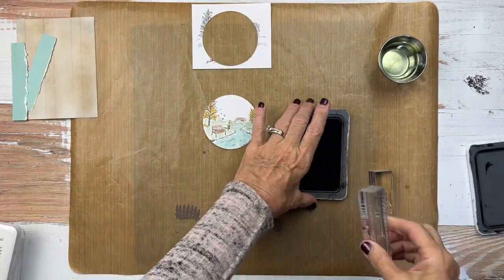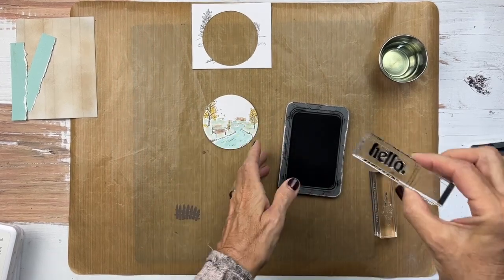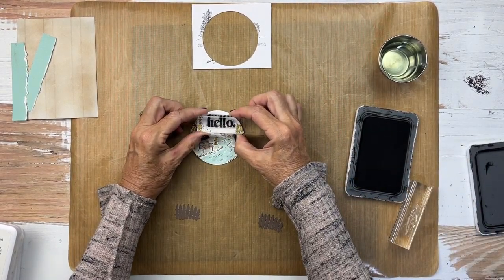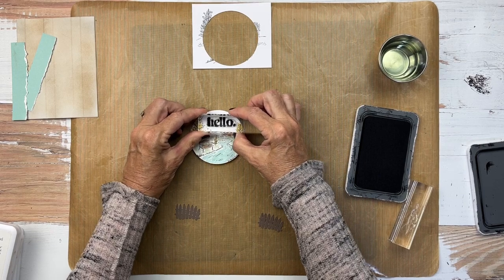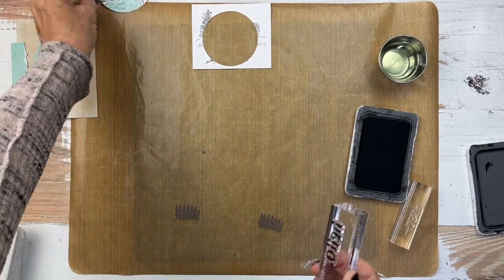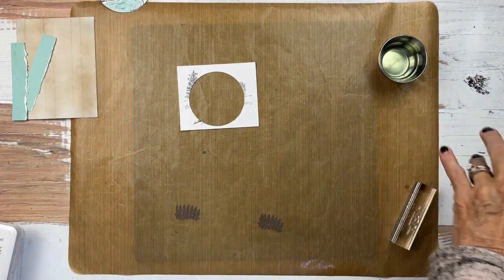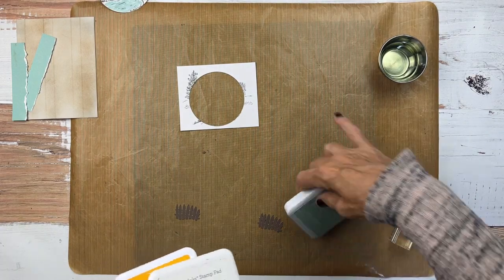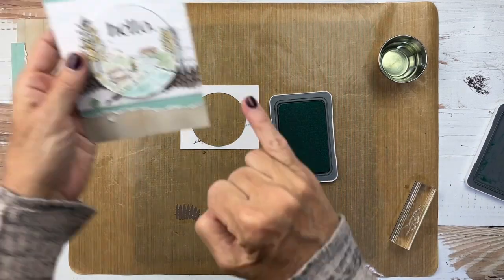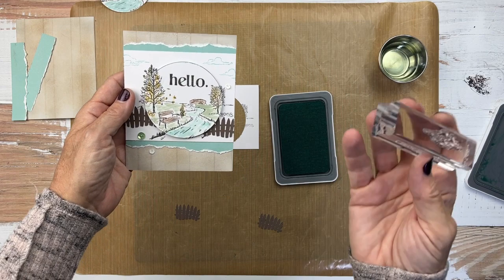And it's designed to help them create with that stamp and get that stamp out instead of leaving that stamp in the plastic and never using it. So I went back in and I did the bench and the bridge with the toffee, and now I'm adding the sentiment at the top. I think one of the cards doesn't have a sentiment and one of the cards does, just so I could show you the differences. And now I'm actually coming back in here with the glacier, and I'm going to stamp